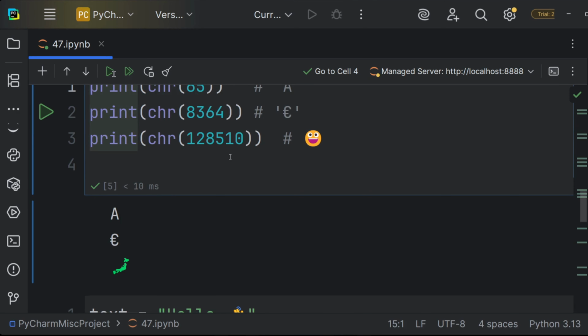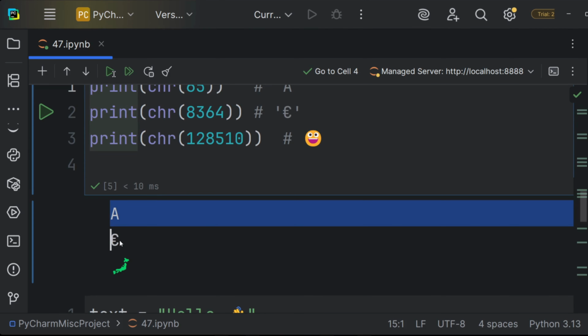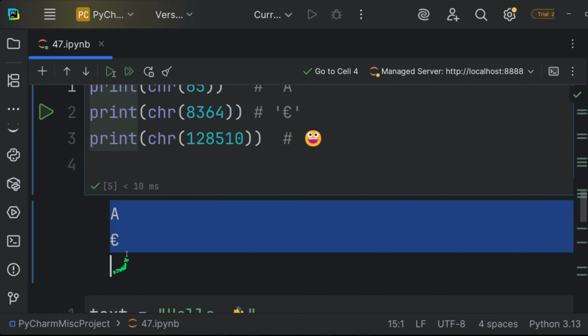So every single emoji, every single letter, every single number, every single symbol you see on your phone keypad or your laptop keyboard are all just these values, these certain sets of numbers which make up all of this. This is super handy when you're generating custom keys, visualizing Unicode art, or building character-based logic.